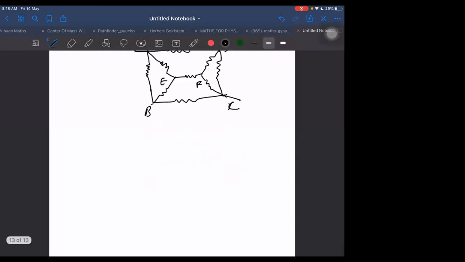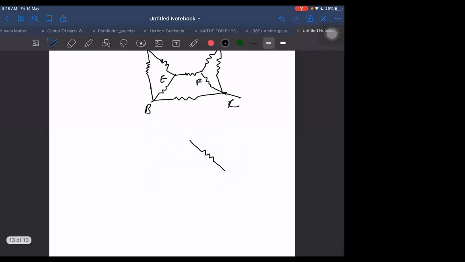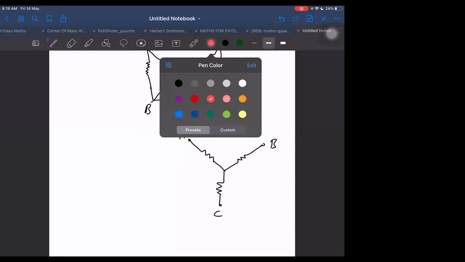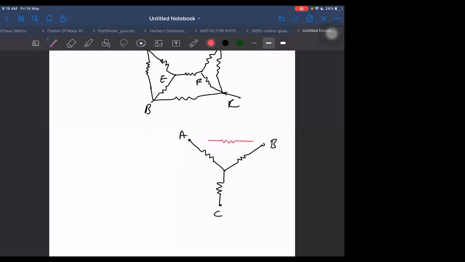If I have a star network like this, star means when 3 resistances are connected together, A, B, C. If I want to replace it by a delta network, this is called a star. We can call it T also, or we can call it star, but normal convention is we call it star only. Okay. I have to make a delta from it. You know what is the shape of delta? This is delta. Means I have to replace these black resistances by the red resistances.